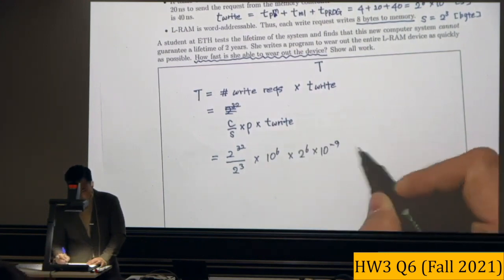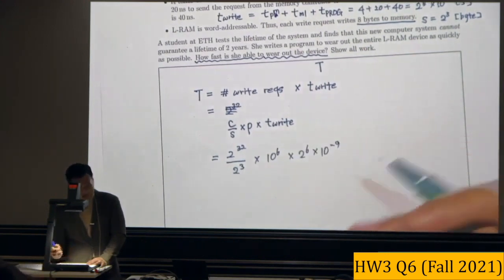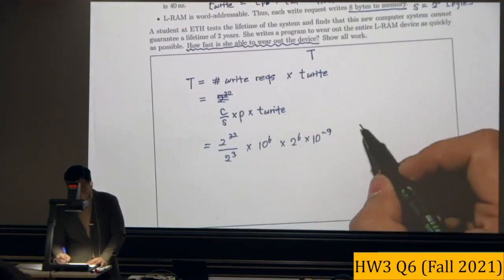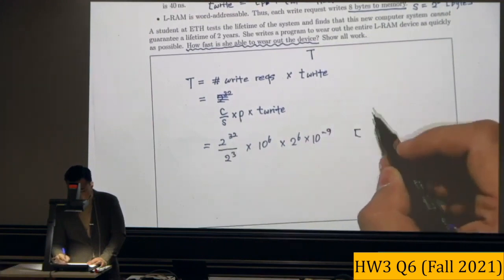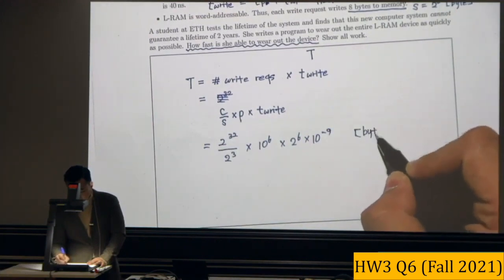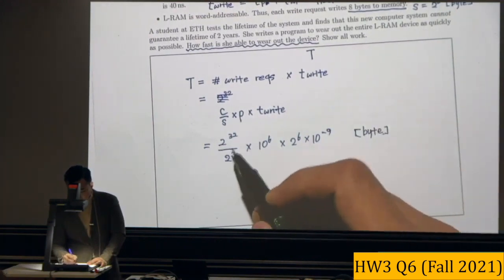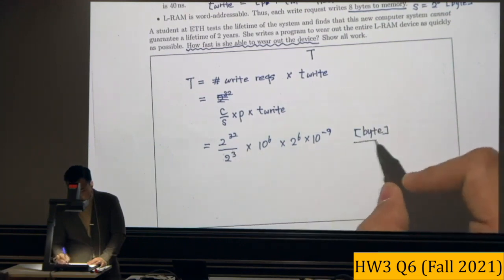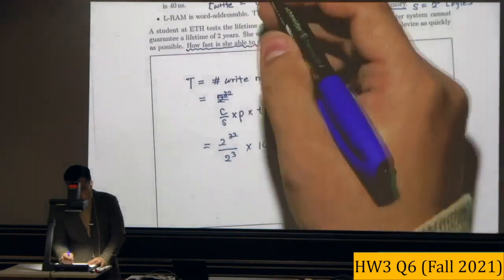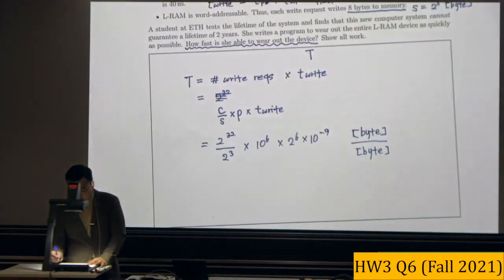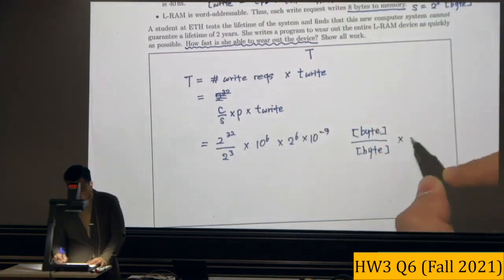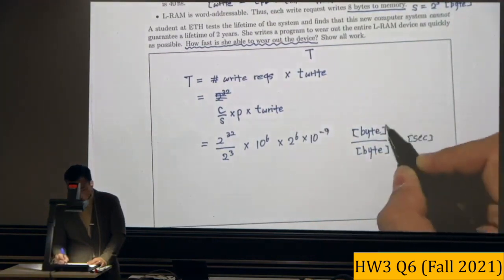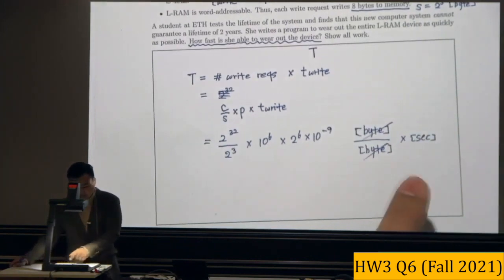Like this. And let me check so we are doing the right thing here. So this C, the unit of C is byte, right? And this size is also byte. And there is no unit for p because it's just the number of times. And this is second, right? Yeah, so we are now calculating the time